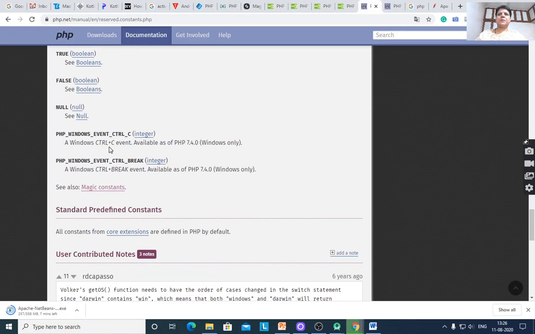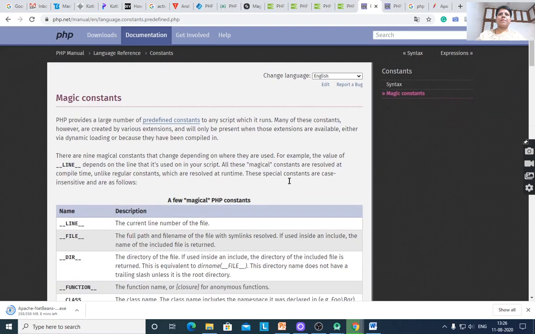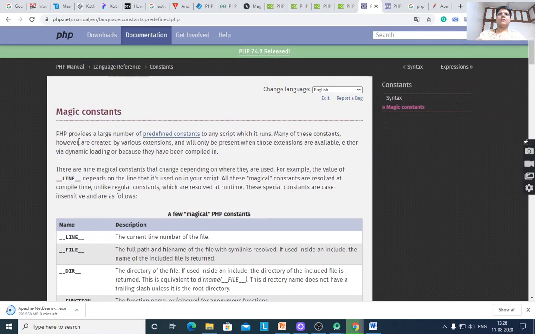Again, PHP magic constants, another concept. PHP provides a large number of predefined constants to any script which it runs. Many of these constants, however, are created by various extensions and will only be present when those extensions are available, either via dynamic loading or because they have been compiled in.